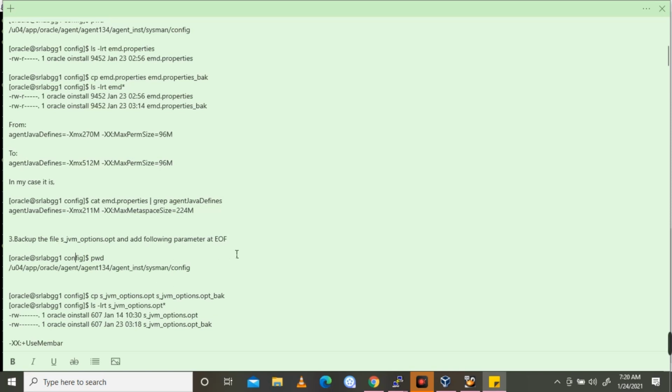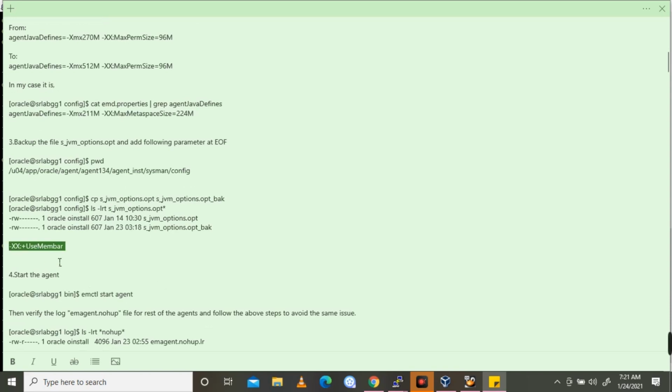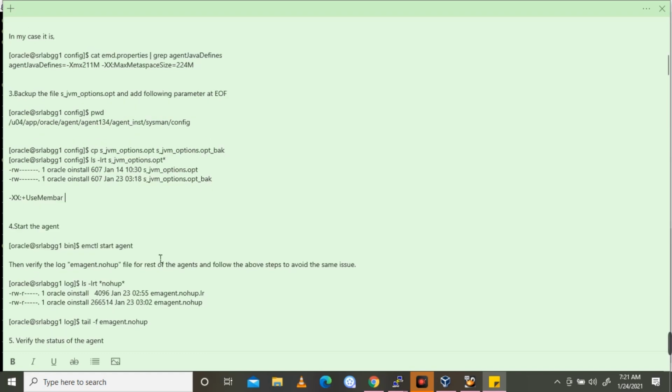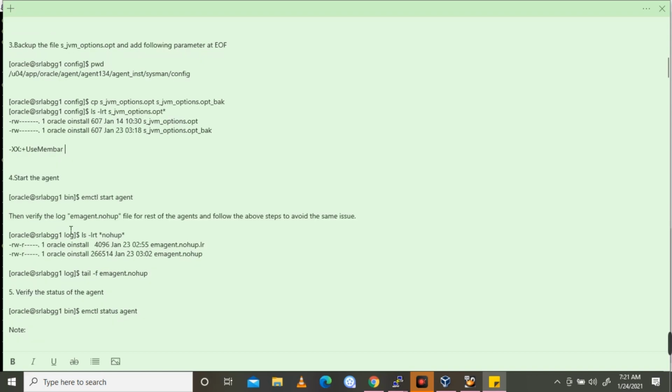At the end of the file, we need to add this line. Prior to that, we need to take backup. So I have taken backup as it is. So we need to take backup and then add this line at the end of the file, and then save it and close this file. And coming into the next step, start the agent, emctl start agent,